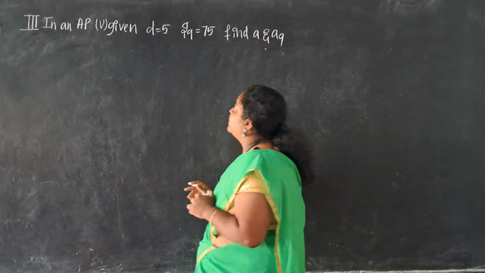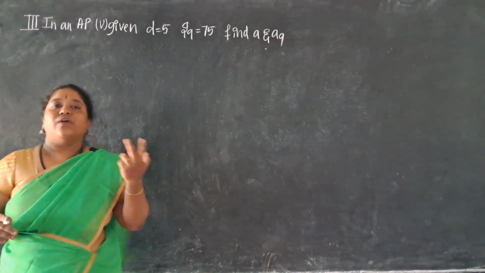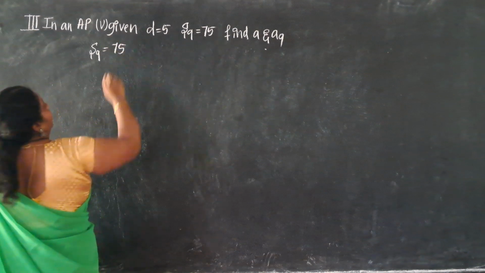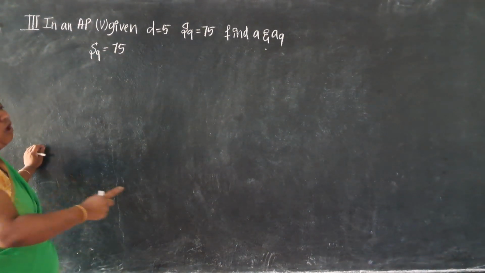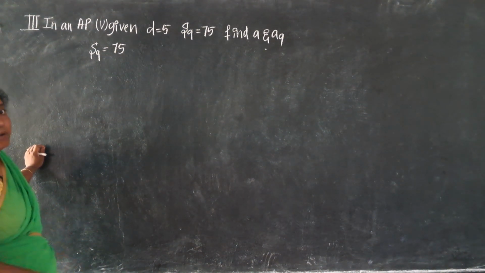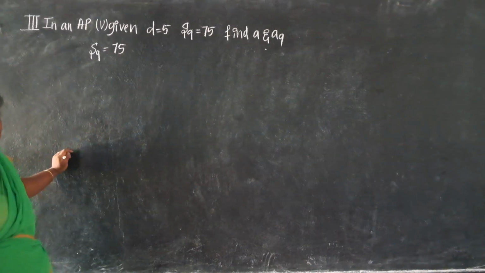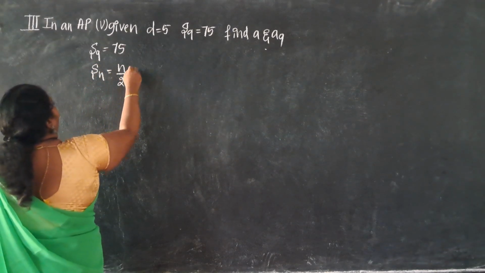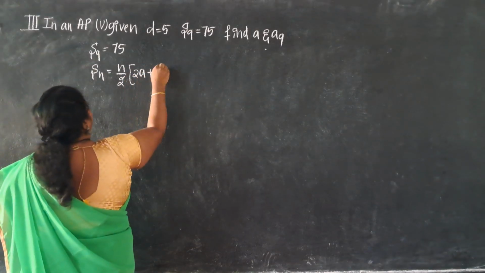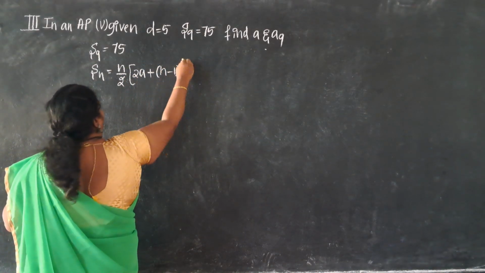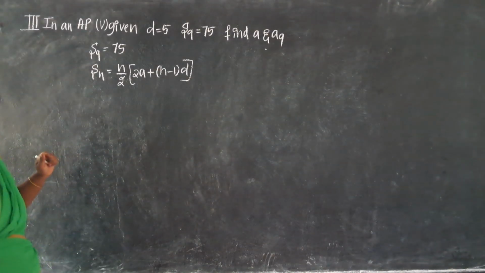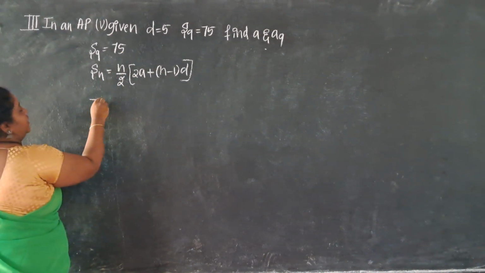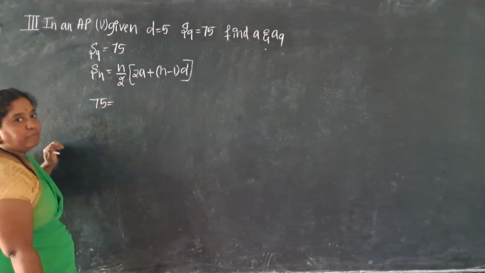Now, look at the board. S9 is provided. Okay. How can I write S9? S9 can be written as 75, and always, whenever Sn is provided, I should write it in the long formula. Which is the long formula I have? Sn is equal to n by 2 bracket 2a plus n minus 1 into d. Okay, this is the formula I should follow. Now, Sn is provided here. What is the Sn value we have? 75.